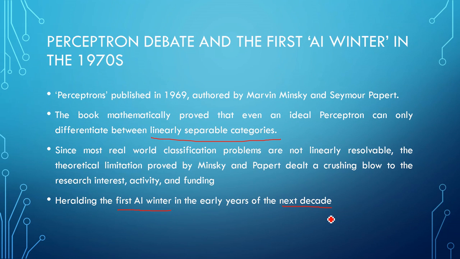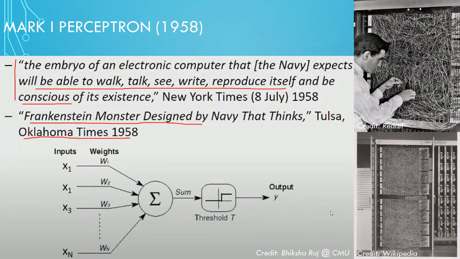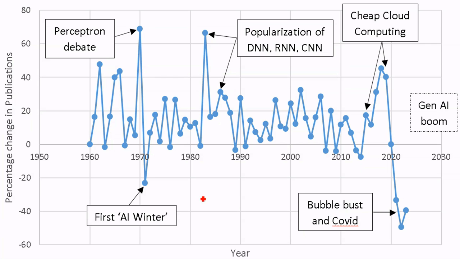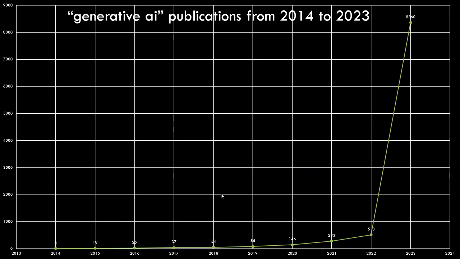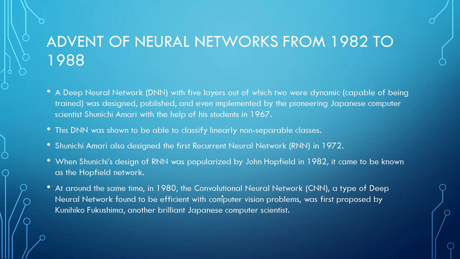There is also a Wikipedia page named AI winter, and you can see this here that around 1970 there was a sharp increase in the number of publications because there was a debate related to perceptrons, but then immediately the interest waned and it came crashing down. So this is the first AI winter, right? Then thereafter,